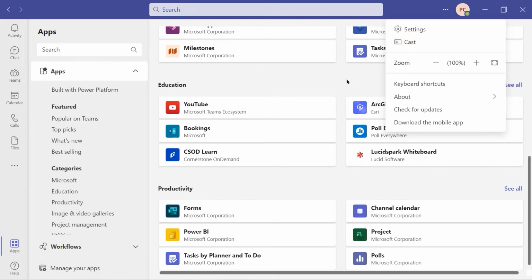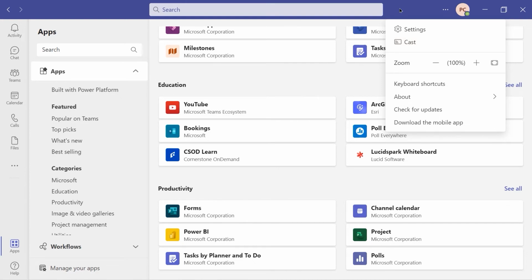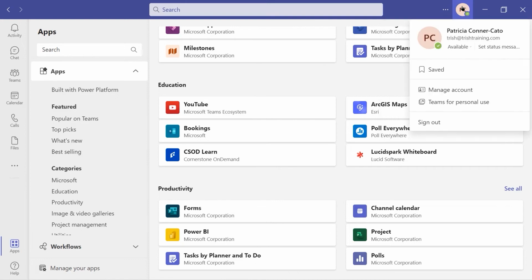We'll come back and review these a little bit later. After that ellipsis, to the right of it, you'll see your initials. If you click on that, that's your profile. You can get into managing your account and stuff like that from there. And then you have your traditional window operations buttons: minimize, maximize, restore, and so on and so forth.